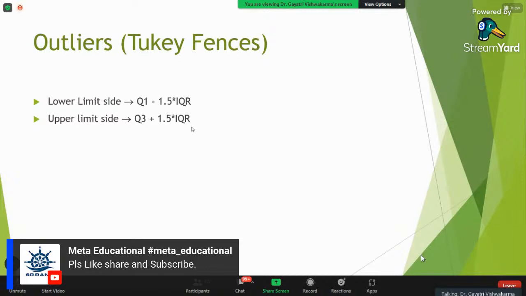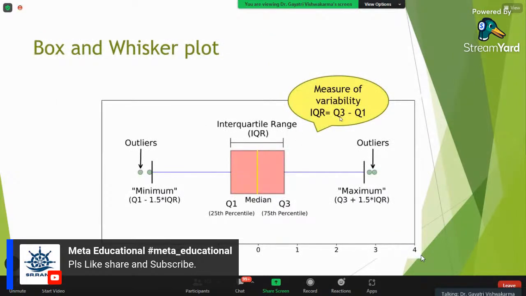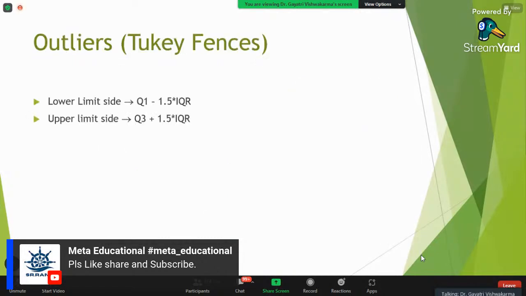And what is the interquartile range? It is nothing but the difference between the upper quartile and the lower quartile. Okay. And then if anything is going beyond that, that means you have an outlier on the higher side. Extreme values are there, and based on that you can take a decision whether you have to remove it or not. As I told you, if it's a clinical trial and you are doing prediction, then you have to go through the system and process. If it is observational, you have to see the expert opinion and literature, and then you can remove it. But the reason has to be very genuine. Okay, so this is the thing.